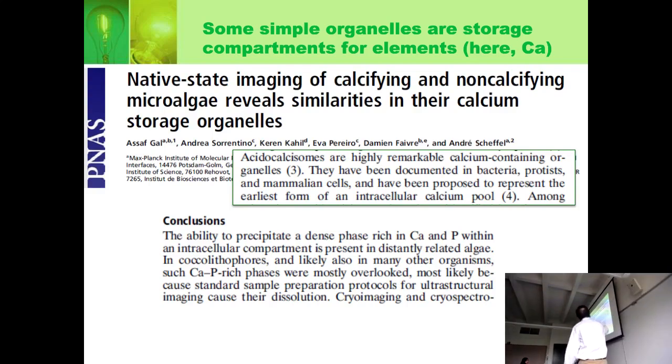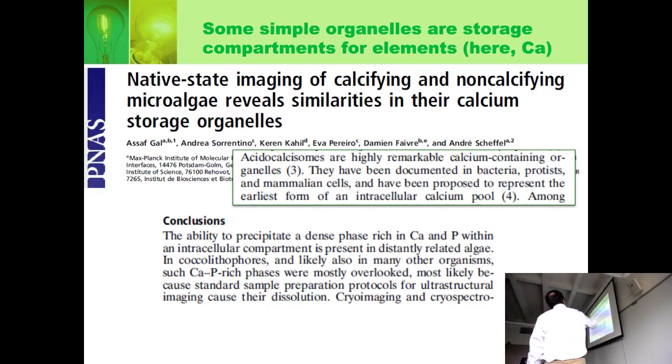Well, this is an interesting thing about how coral reefs evolved. Calcifying microalgae are like the progenitors of coral reefs, but there are cousins of them that are non-calcifying. And so what's the difference between them? Well, what they found is they both have very similar calcium storage organelles. It's just that the calcifying ones end up having apparatus to take that calcium and put it outside in a coral reef kind of organization, calcium carbonate. And so this is a pretty cool thing.